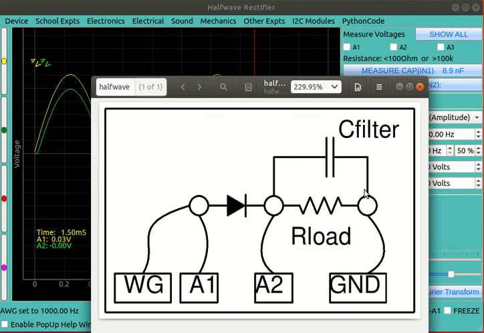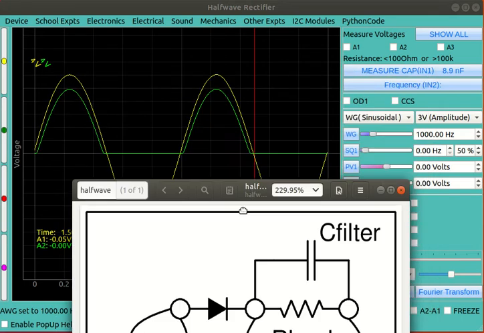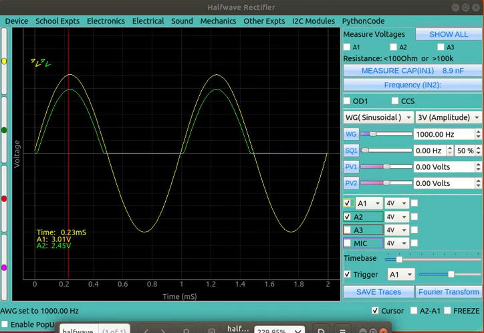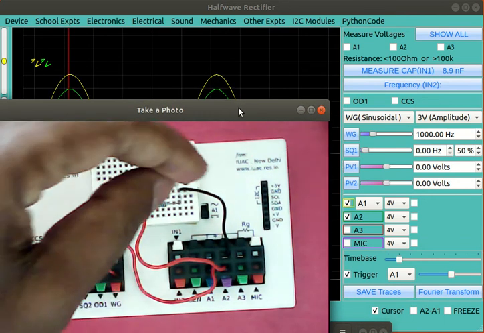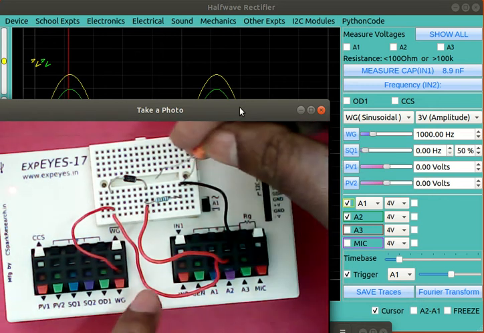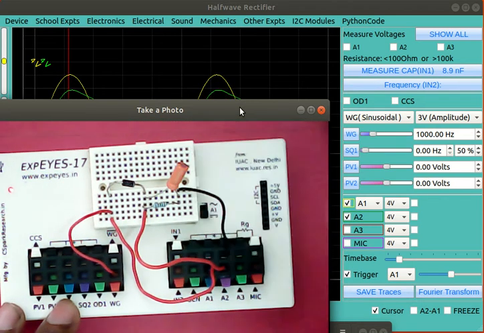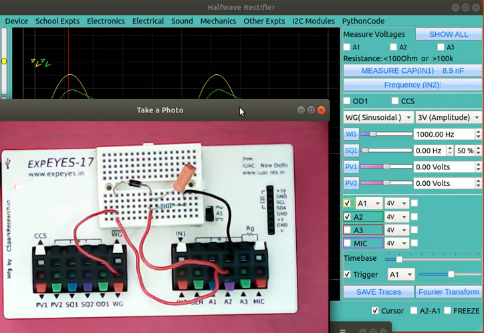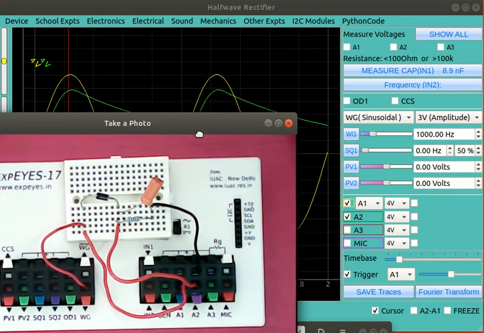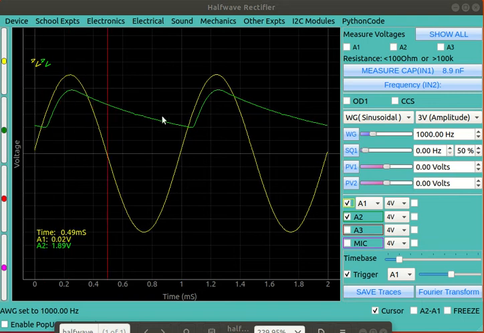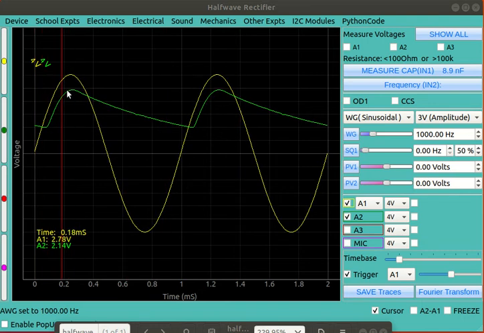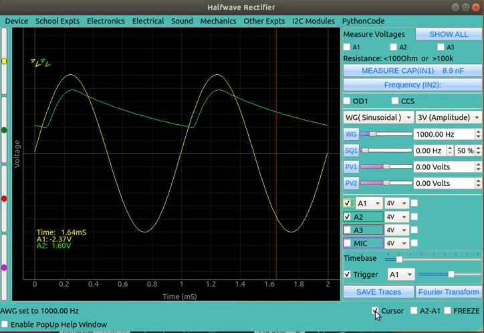Like here we can put the filter capacitor and see the effect of it. So we will take, here we will insert a filter capacitor parallel to the load resistor. So here you can see this is the effect of the filter capacitor. So the capacitor charges at this point, then after this point the capacitor discharges. There is no current through the diode at that point, right? Then again here the capacitor charges and discharges.